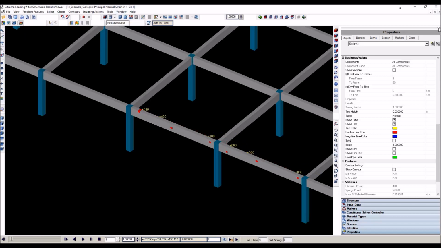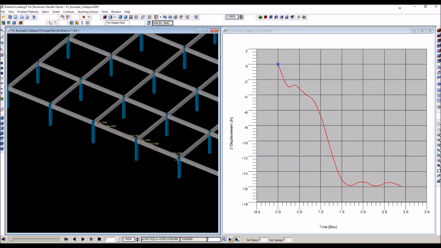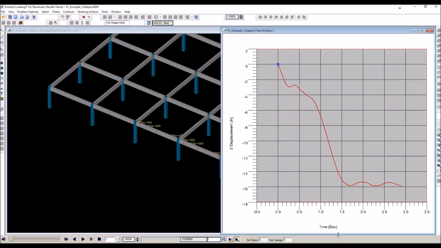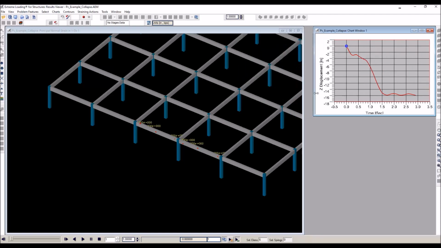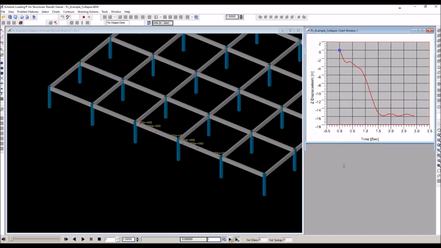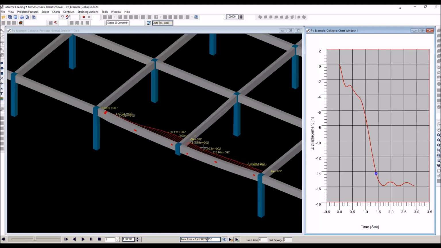And also I'm going to put the chart next to the animation. Let's put this here, and let's see what's happening in the beam. So this is the normal force, and now we see that the catenary action and the membrane action is developing,